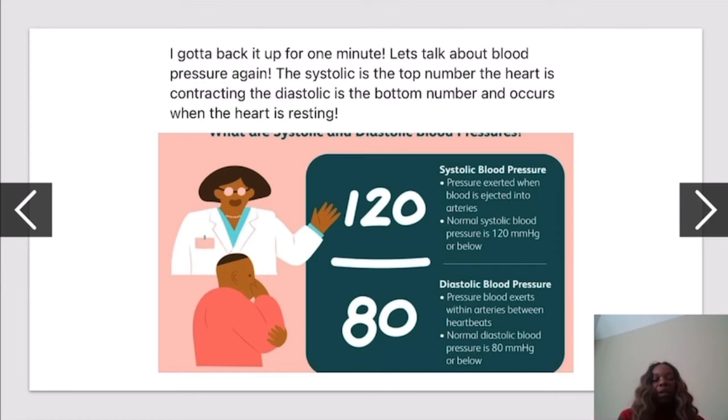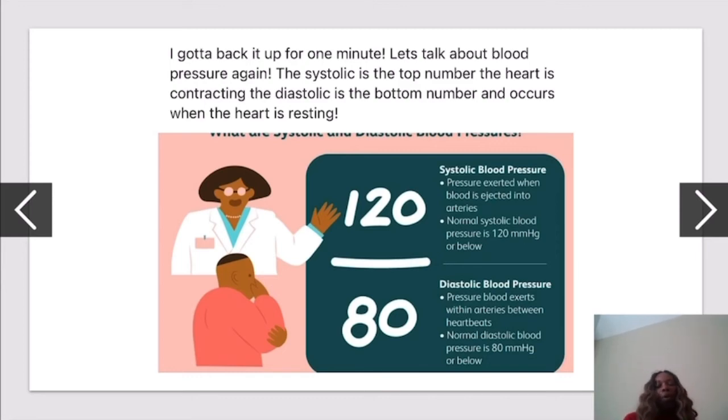Let's talk about the blood pressure again. The systolic is going to be the top number. The heart is contracting during that time, and the diastolic is the bottom number. And this occurs when the heart is resting. Systolic blood pressure is pressure exerted when the blood is ejected into the arteries, and your normal systolic blood pressure is going to be 120 or below. Your diastolic blood pressure is pressure blood exerts within the arteries between heartbeats, and your normal diastolic blood pressure is